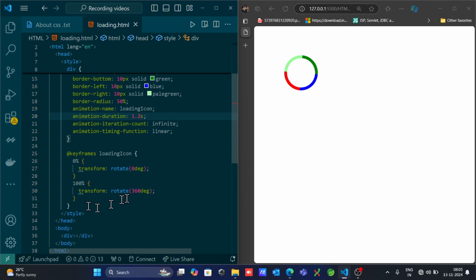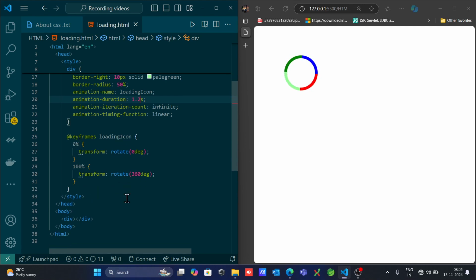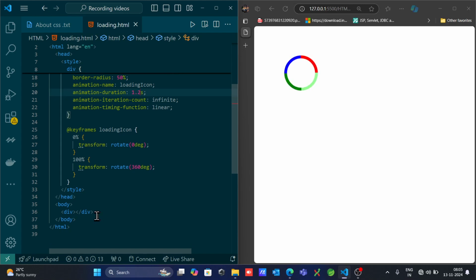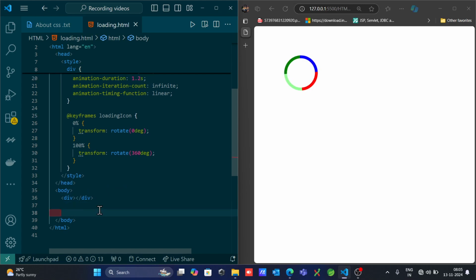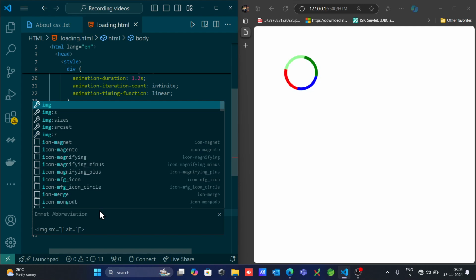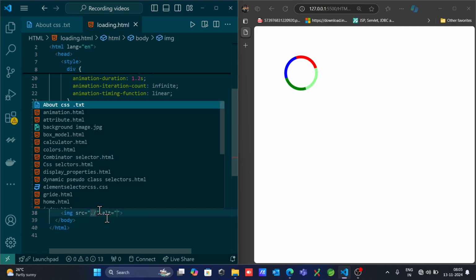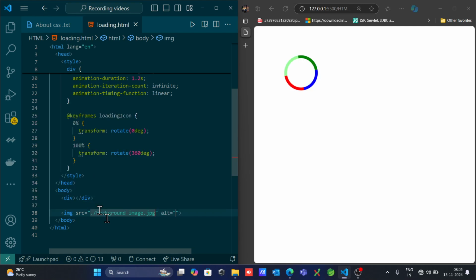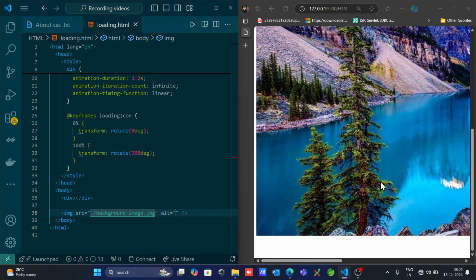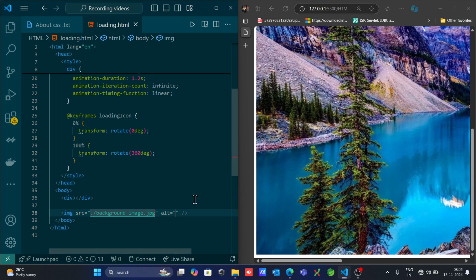So not only this one, you can apply an entire circle for the image also. Suppose what happened here, apart from this, I'm taking an image. The image, we have downloaded the image. This is a downloaded image. Or else you can take